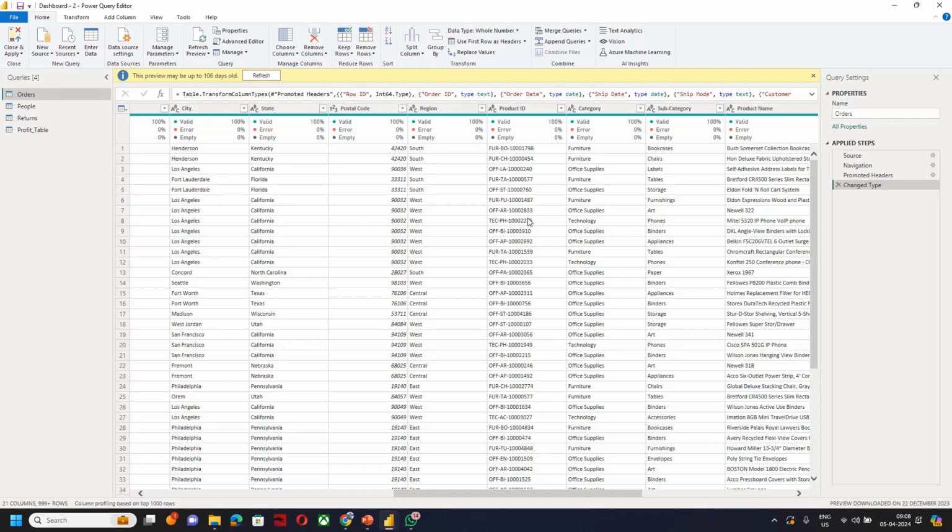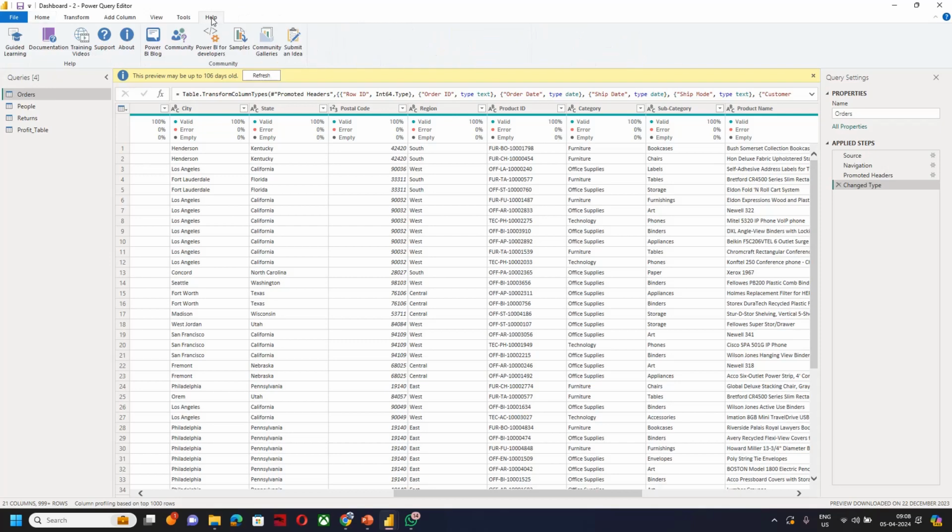So that's the difference between robotic process automation and Power BI. In simple words, robotic process automation can click on any buttons for you. Power BI can't click on buttons. It has to get that data from the backend.